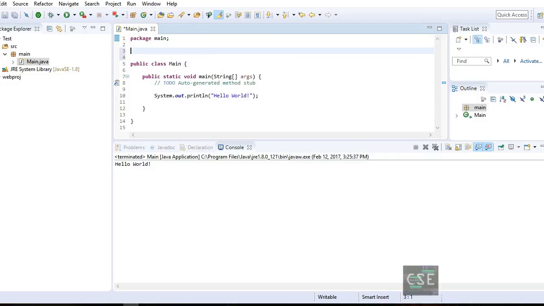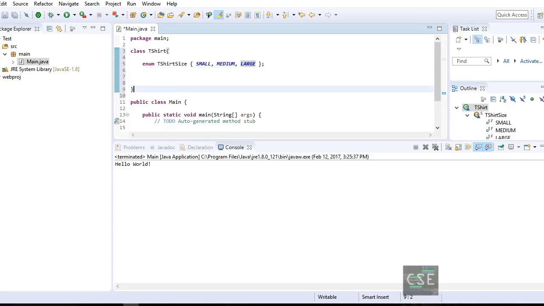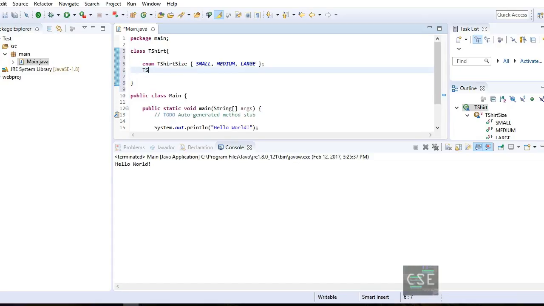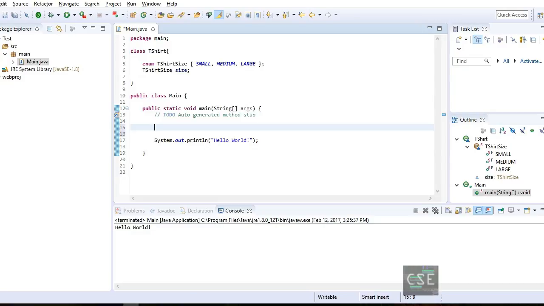So I will be creating this class t-shirt, and then I will have an enum called the t-shirt size. We have the small, medium, and then the large, and then let's declare a variable for it, which is a t-shirt size and a variable name size. Here in our public class main and in our function static void main, we will instantiate this class. So we have this t-shirt,